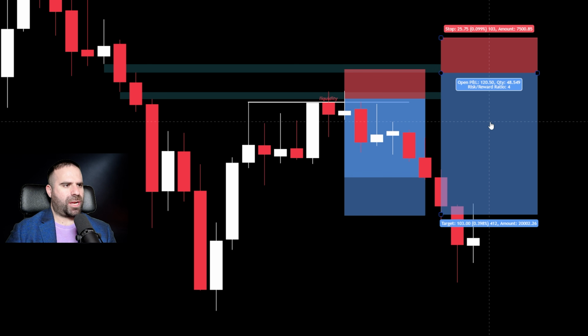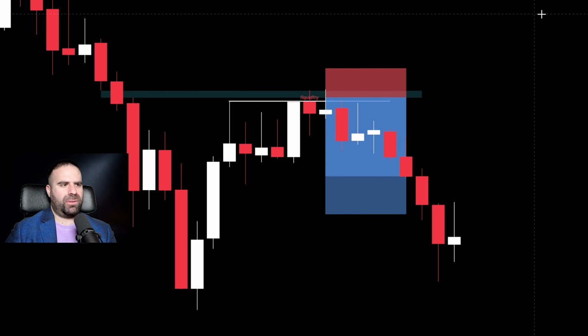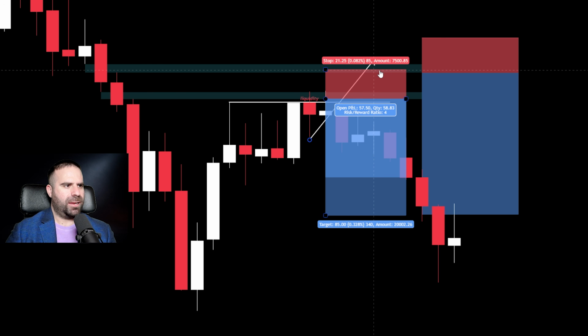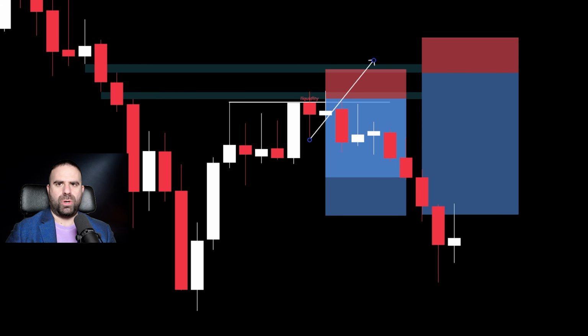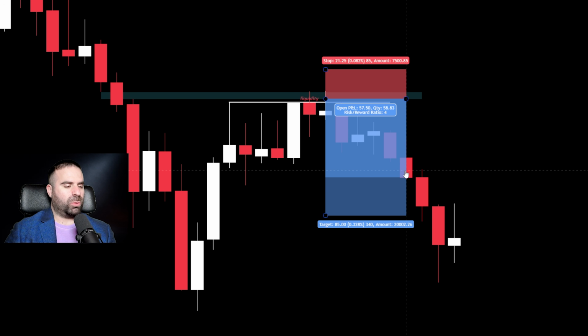In these occasions, I want you to delete the second one. You leave the second one only for scenarios where price penetrates the first one instantly, enters the second one's territory instantly, and gives you a win on the second one. These are the only scenarios where I want you to keep the second one open. When the first one plays out, you delete the second one, and you forget about it.